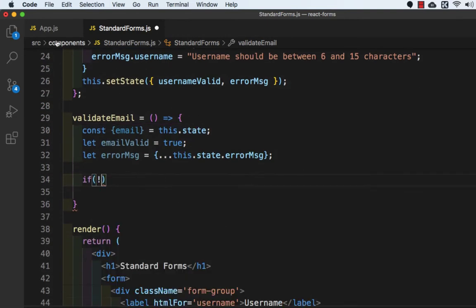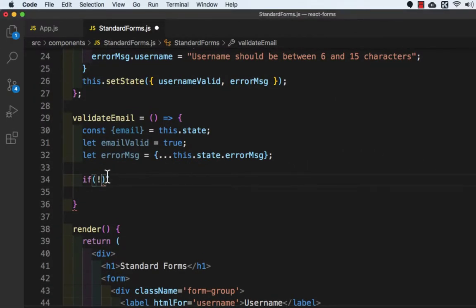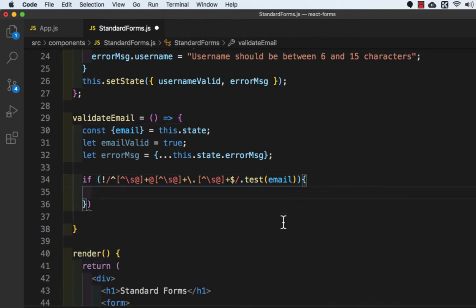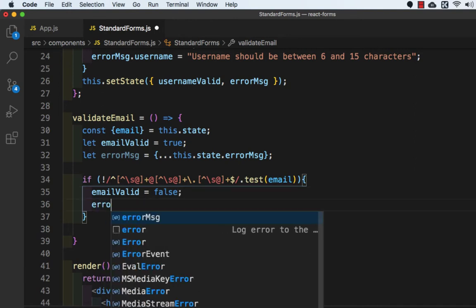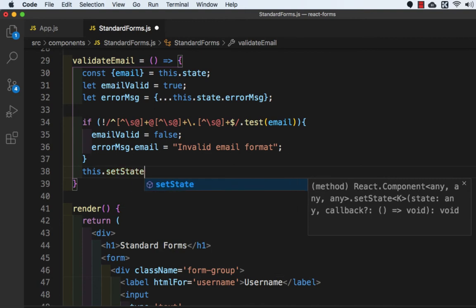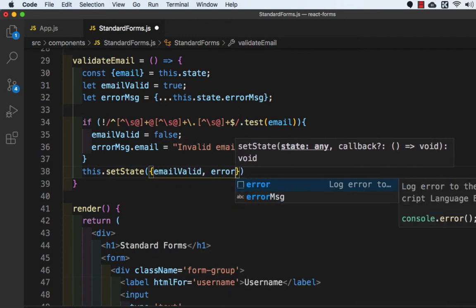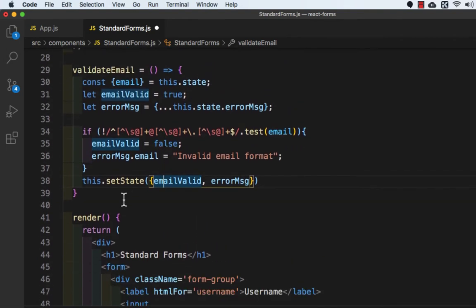So if not, and here we need to write regular expression. So I have created a regular expression. I'll copy this and here I'll paste it. So if not equal to this regular expression, emailValid equals to false, errorMessage.email equals to "Invalid email format." And here we will write this.setState, and here we need to write emailValid and errorMessage. Okay, this was for email,